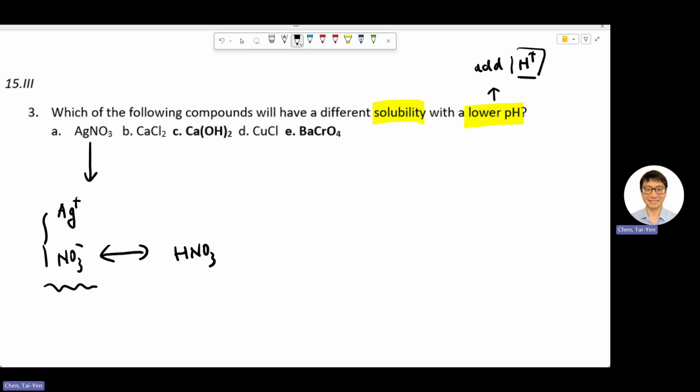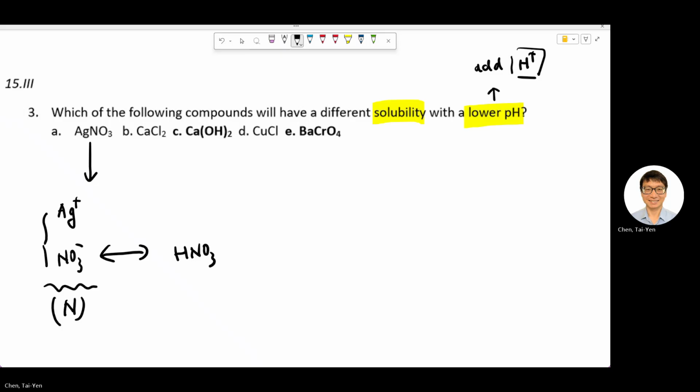NO3 doesn't have any proton you can further subtract, so you have to add the H plus to find the conjugated partner. So HNO3 is a strong acid, right? Everybody still remember the big seven. HNO3 is one of them. Therefore, that's a strong acid, therefore its conjugated base will be